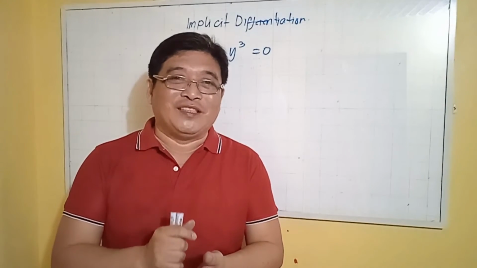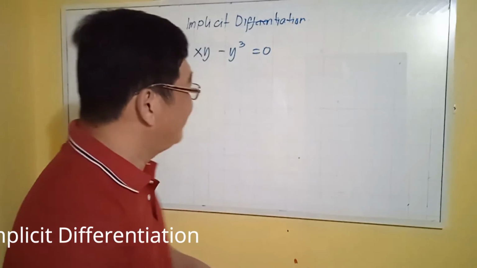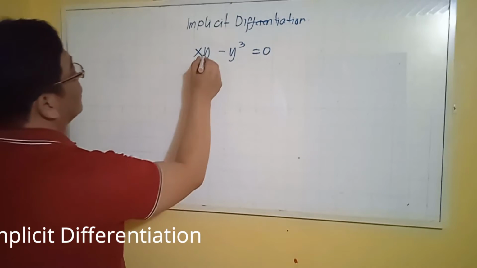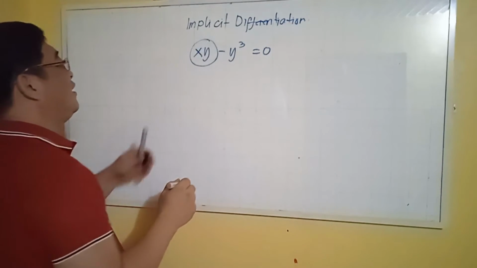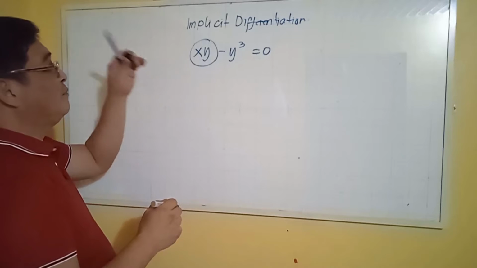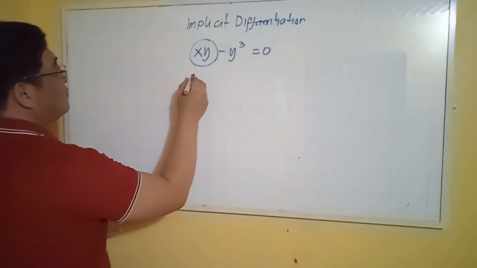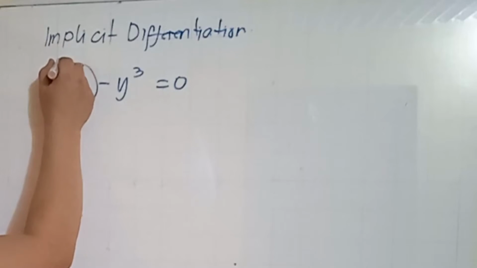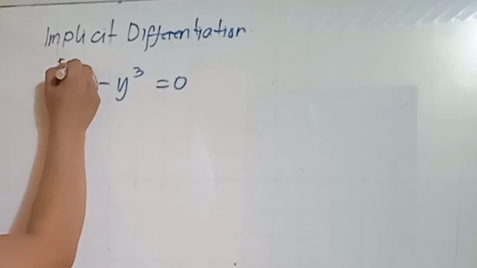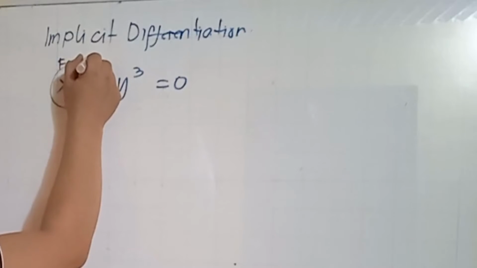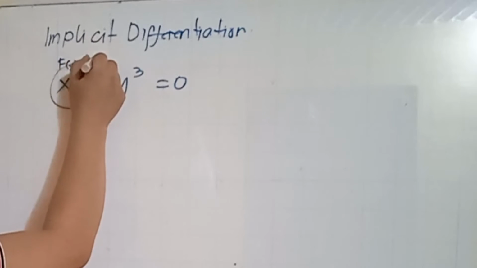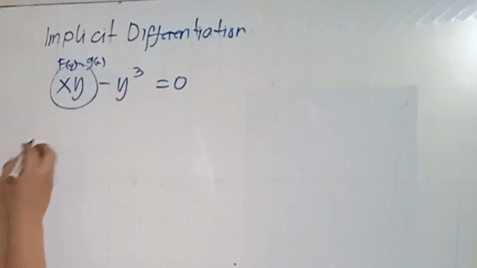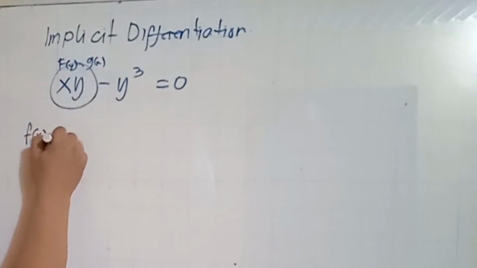Okay class, let's solve this implicit differentiation. Yung una, di-differentiate natin to using product rule. So, sabihin natin this one is your f of x and yung y is your g of x. So, formula nito para dito lang is f of x, g of x,